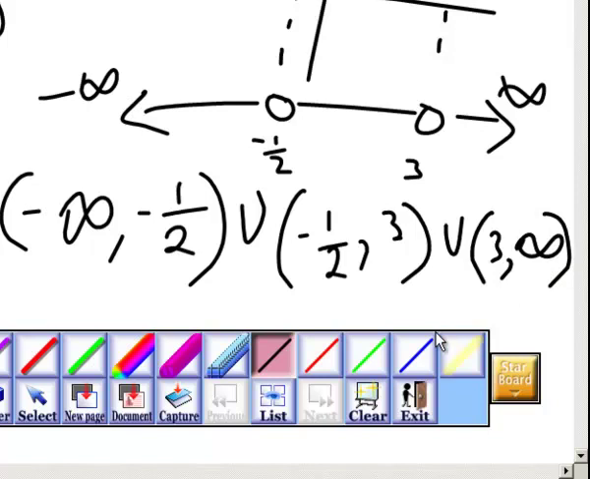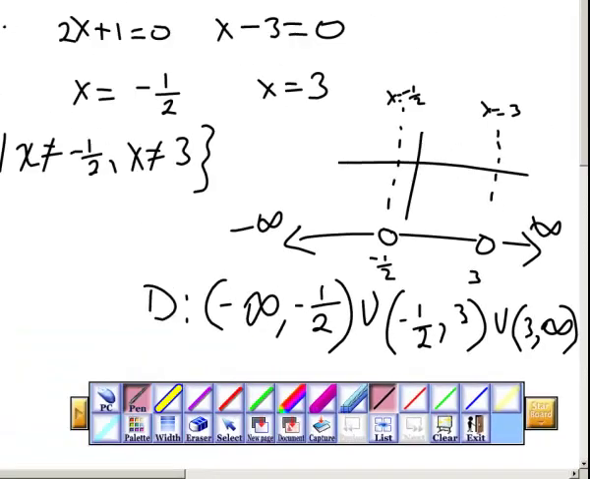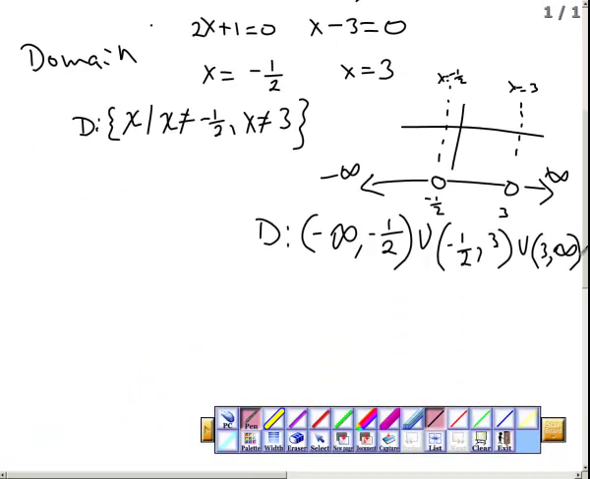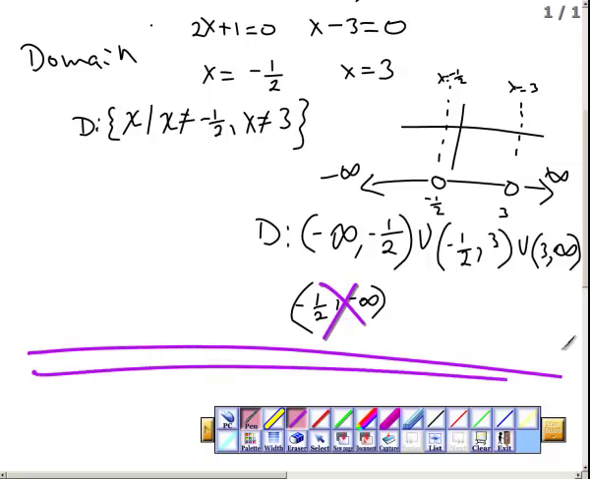Okay, now I noticed on the test that some people switched around. They would have put something like negative 1/2, negative infinity. Okay, that's wrong. Okay, so at this point, we need to be correcting that and moving on with that. Okay, so that's the domain with that. Any questions there? All right, now let's take a look at